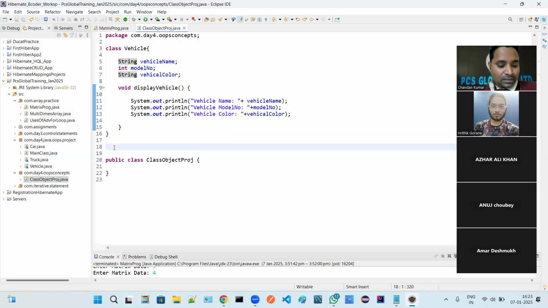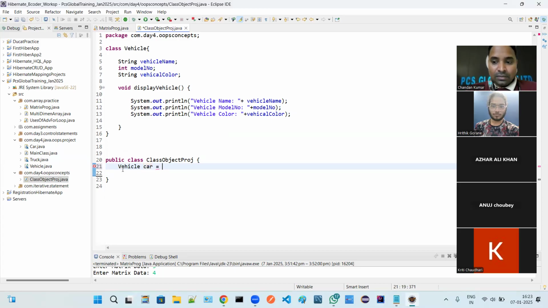Getting my point? So just see how to create the object of this class. We'll have to take the name of this class, vehicle, and the object name, car. So car is equal to new Vehicle.